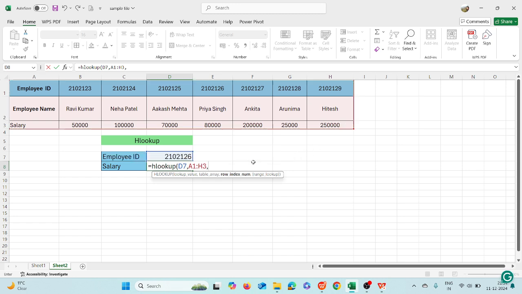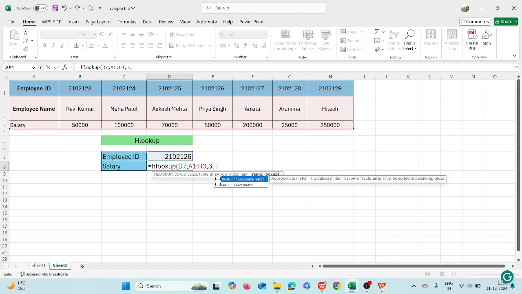After that put comma, then row-wise, that is, horizontally, you just check in which row the salary field is arriving. So 1, 2 and 3. So the salary is arriving on the third row. So that is why I have to write 3 over here.